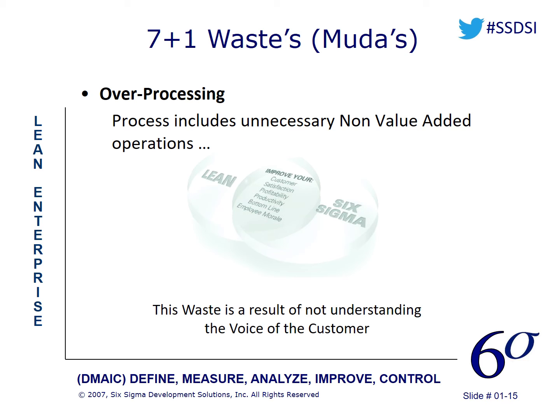MIS for a company for a couple of years, and I had programmers that were under me, and the programmers would build these modules, build these forms, build these different solutions without really understanding what the customer wants. So you would have these programs with fields in a form that were unneeded. We didn't need to fill these certain fields in a form. There would be certain functions that nobody used. But these programmers spent a lot of time building that. So by not understanding the voice of the customer